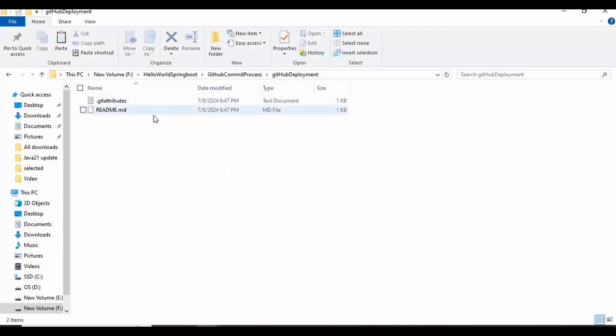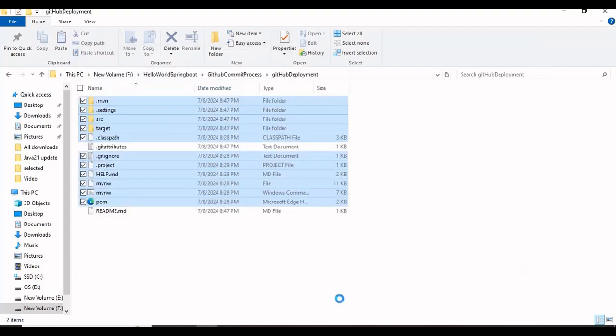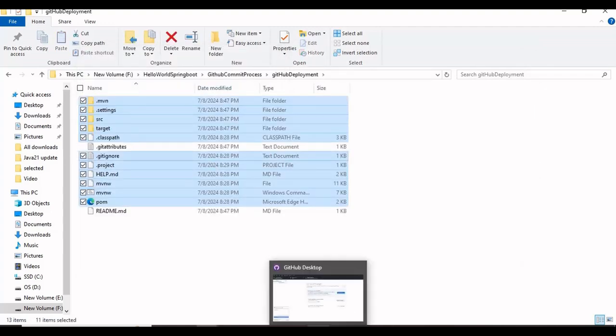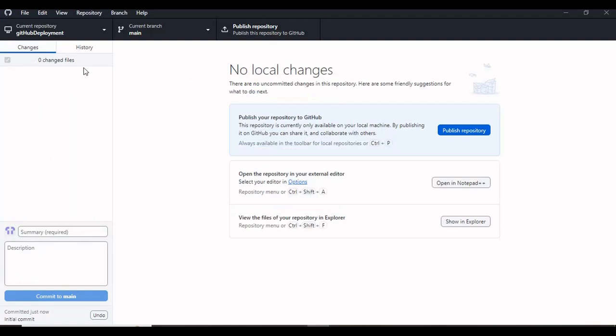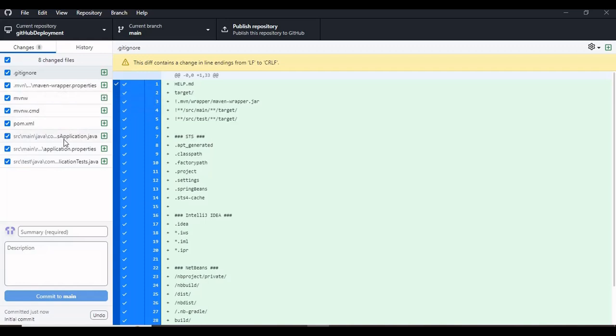So at that time we said that we have to initialize the readme file. So you can see that the readme file is already initialized. What you have to do is you have to copy your code and put this code here, right? You have to just copy paste your code, and when you open the GitHub Desktop application, it will say that these are the differences in your repository. So you can see that it is showing the diff, what all diff is present, and you have to commit this diff to the main branch, right?